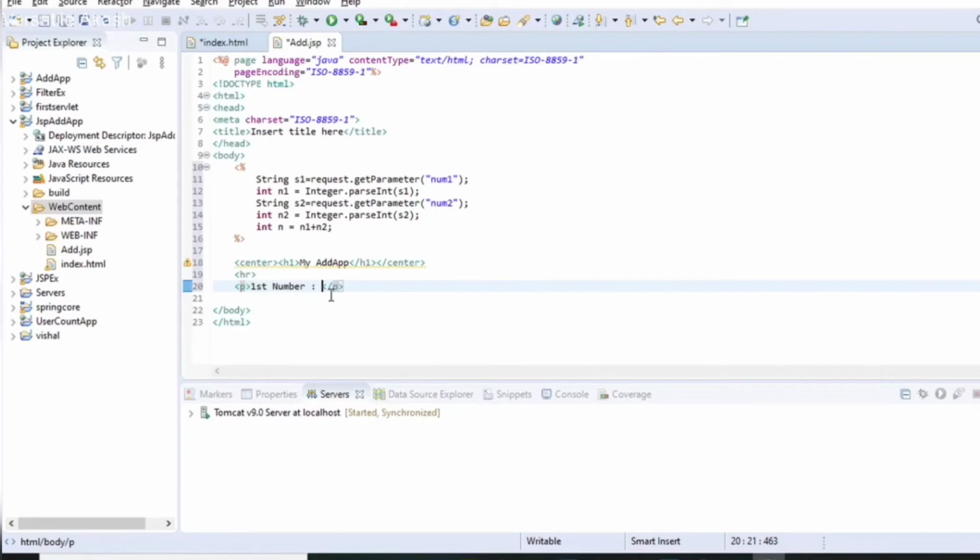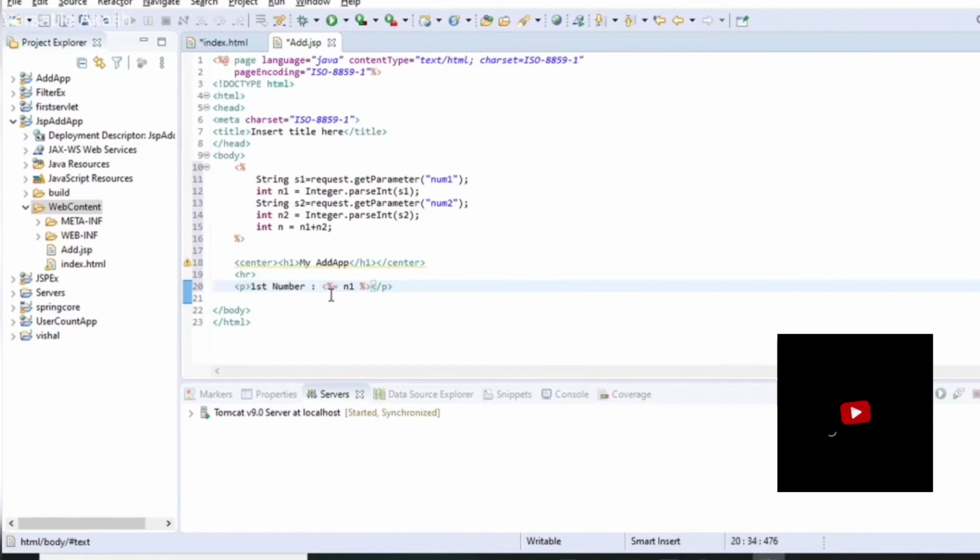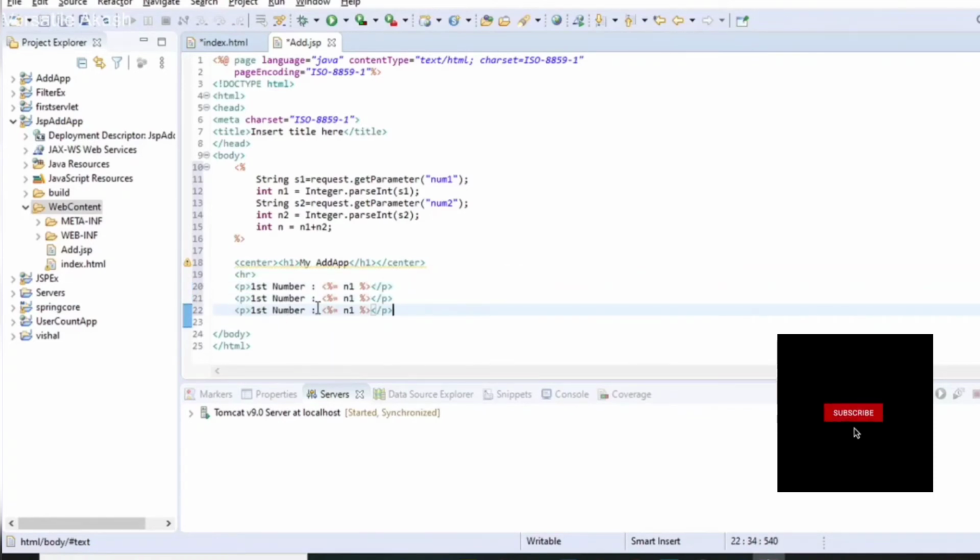So use the expression tag like this, and the first number is stored in n1, so n1. And for the second value n2 and the sum, just copy it, paste it and change.